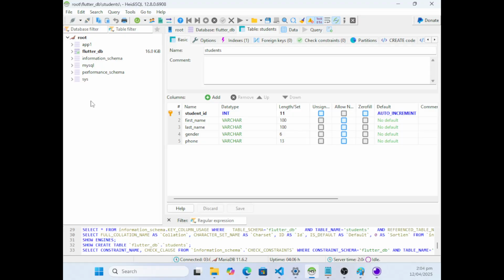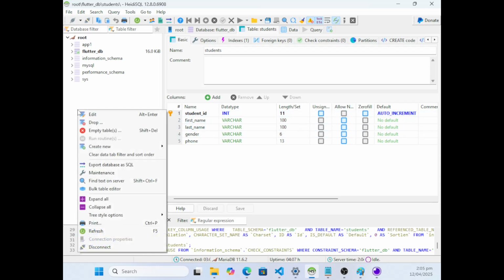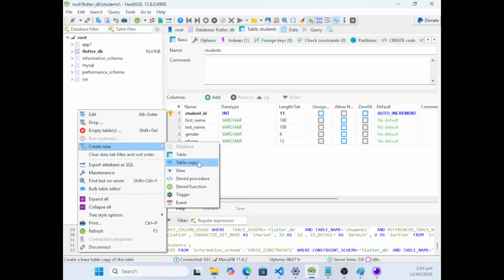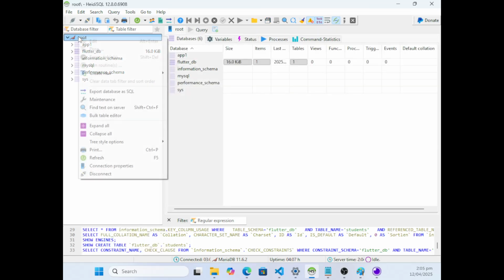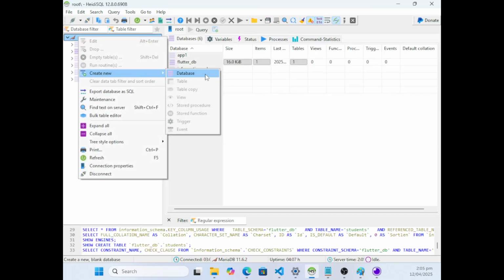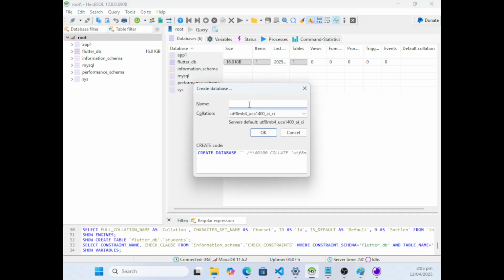Okay. I'm going to create a fresh database. I'm going to create a fresh database for this application. So to do that, I'm just going to right click here and then click create new and then database. Or right click root, create new database. I'm going to name it